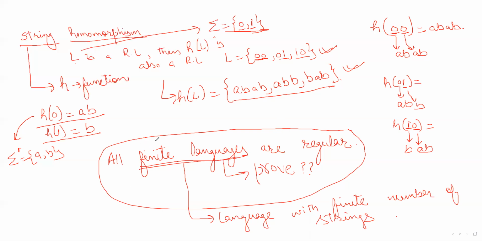With this, we completed the discussion about the closure properties of regular language, and we also gave you some classwork, or we can say the assignment that you have to attempt on your own, so that you get a clear idea what are regular languages, what are closure properties. Okay. So with this, I will stop the discussion about the closure properties of regular language. And now we will discuss the second part of this particular lecture, and that is decision problems for regular language. So let me rub this and let's start the discussion about the decision problems.